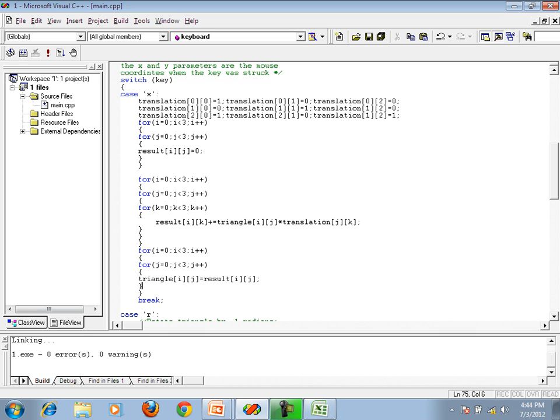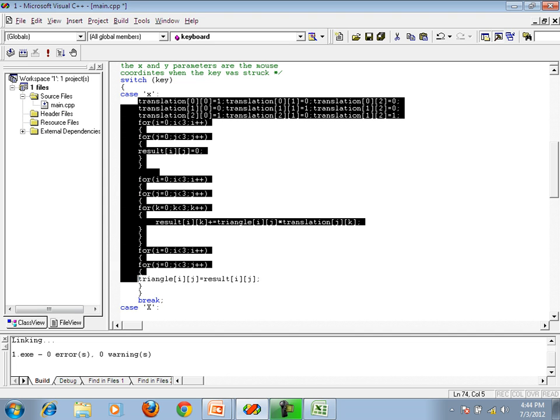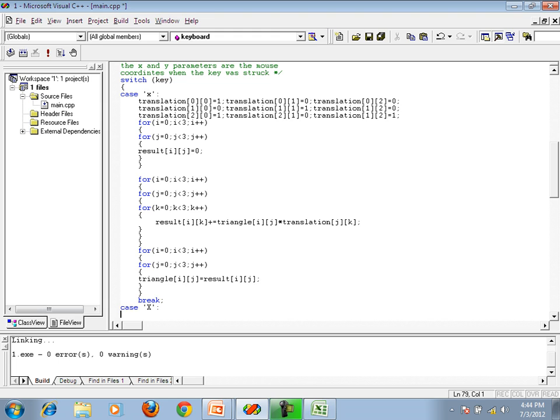Now let's take another one, case y. I'm taking case capital X, and here I'm translating again, but this time I'm putting tx as -1, means I'm translating it towards the negative side.